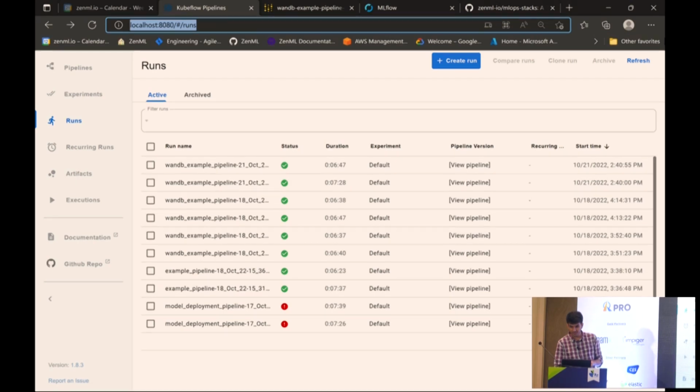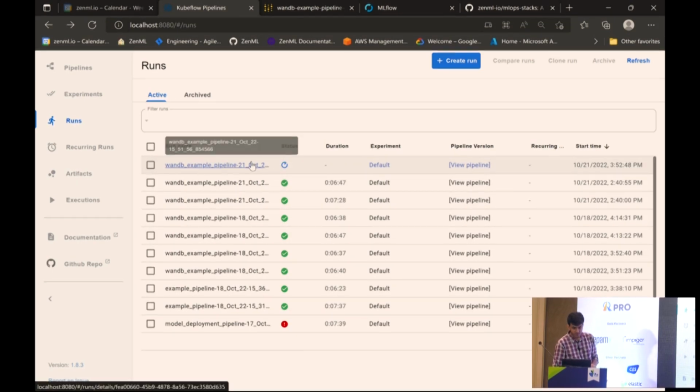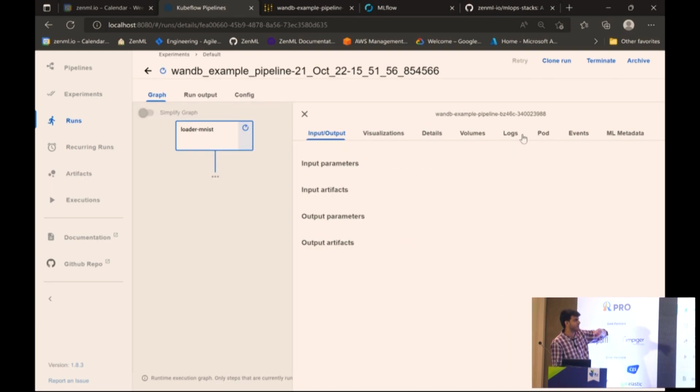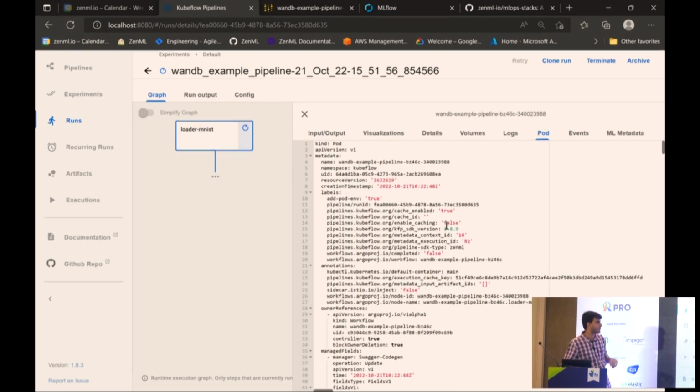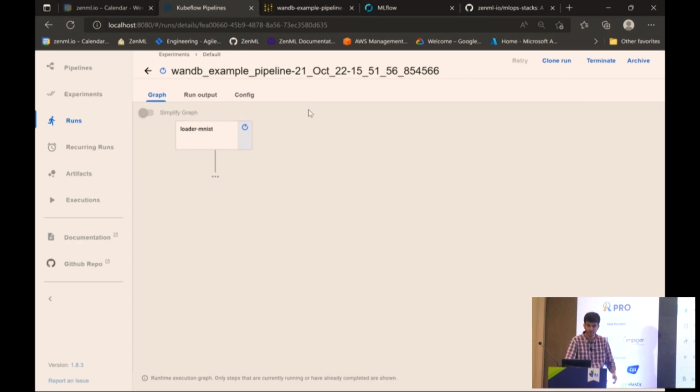So if I refresh this, I think I should see the latest pipeline run here. Yeah, there it is. So there's a WannaBe pipeline. It shows you in the first step, it has logs, all those things here. So it's running on AKS. If you go into the pod definition, you see everything is there. This is probably for debugging, there's nothing important there, just the standard Kubeflow interface, that's all.